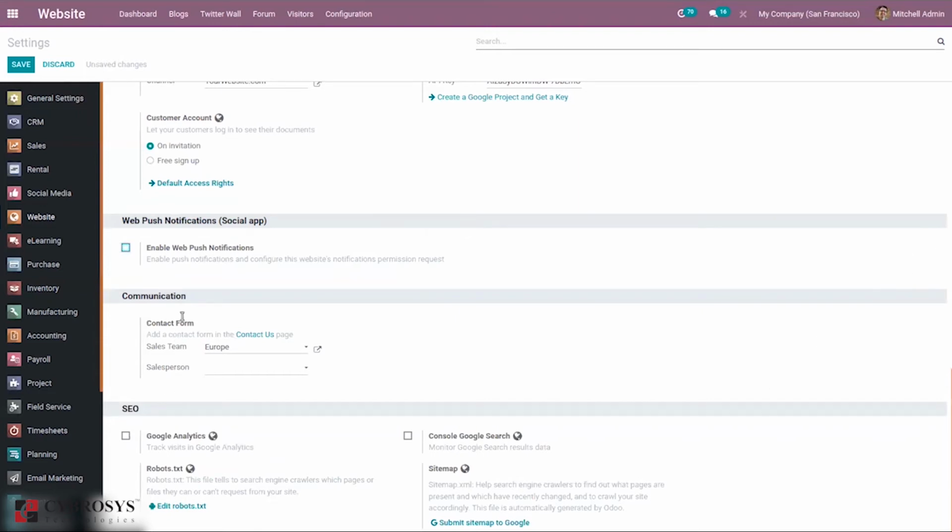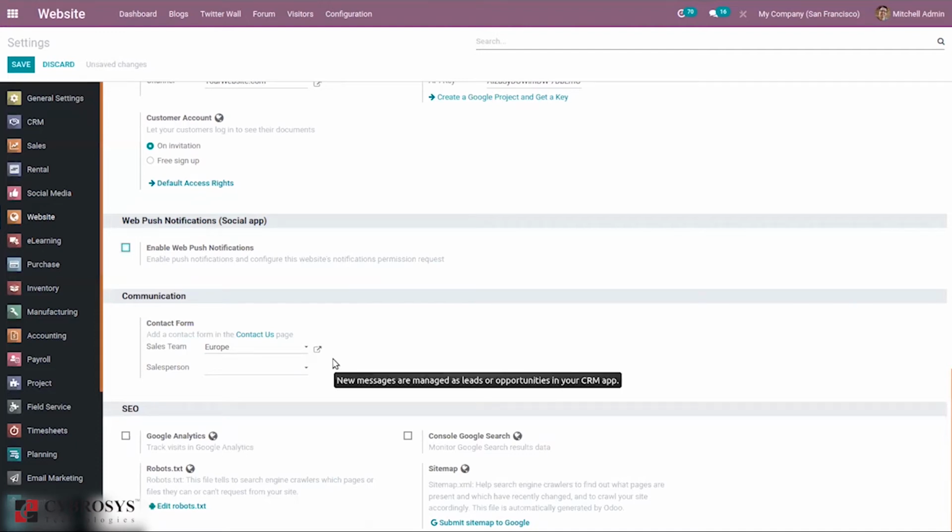And below you can set communication settings, like we can add a sales team and salesperson here. This will be the default salesperson for newly created leads. That is, we can create leads through the contact form.